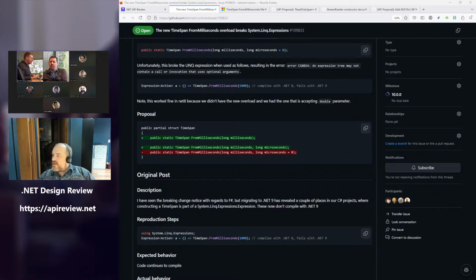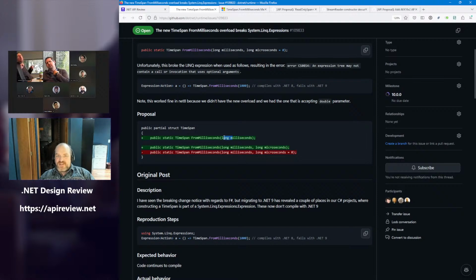So would we also remove the optional argument at the same time as proposed here? I mean, why would you leave it? Because it would never qualify? Yeah, it would be weird to leave it. Like it would be vestigial, right? Because the only time it would make sense is once you have more, you would call this one instead. We need a method that takes 2 longs, but we're still providing one.